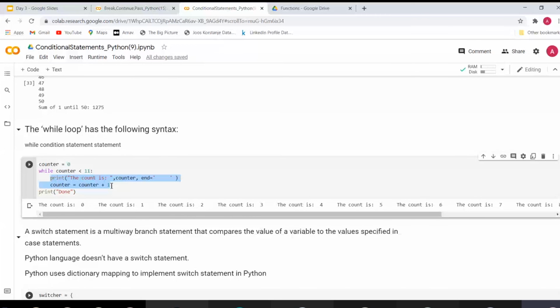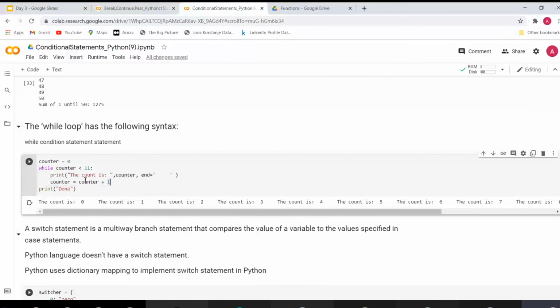In the first iteration, print the count is 0, and then we increment the counter, so now it becomes 1. Again it starts over from the first statement, 1 is less than 11, true, again it gets executed. Now this happens until the counter is 11.